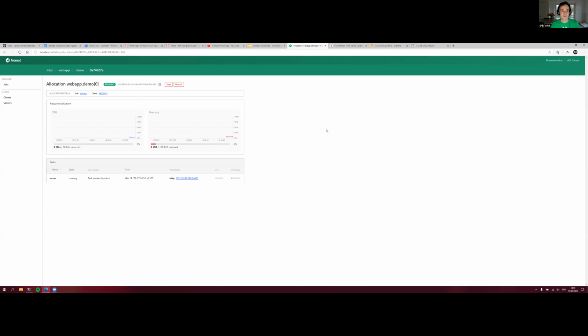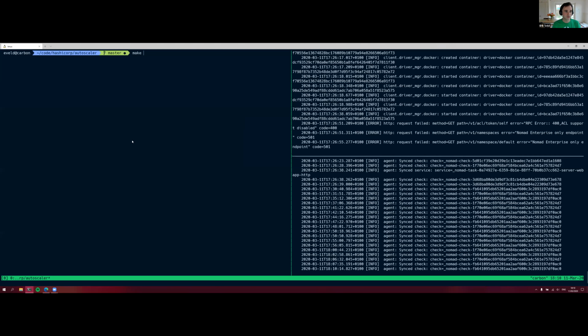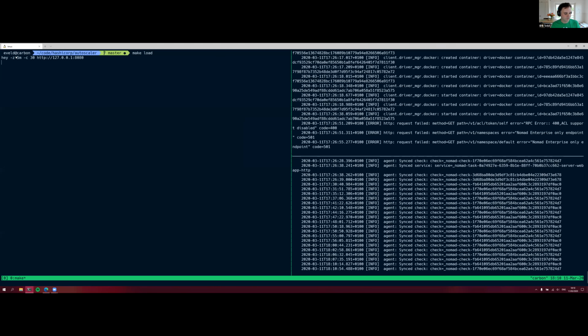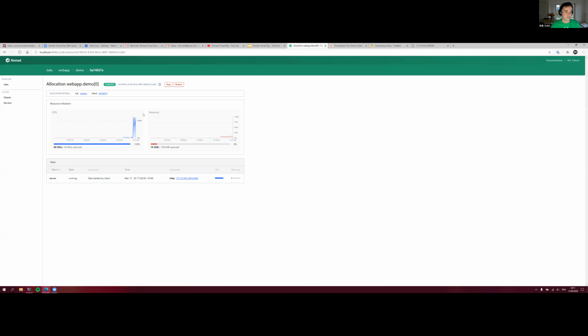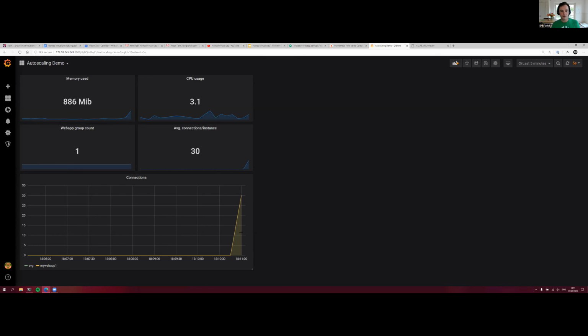So let's start throwing some actual requests at this, right? So let's do make load. And for a duration of 5 minutes, I'm sending 30 connections to the application. So we can see that we're starting to get some load on the web app, and all the requests are now pounding my one instance of web.